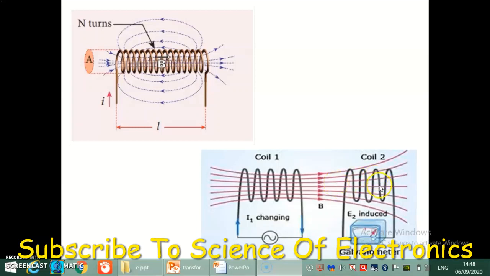That EMF is called mutually induced EMF. The EMF here is called self-induced EMF, and this EMF is called mutually induced EMF.